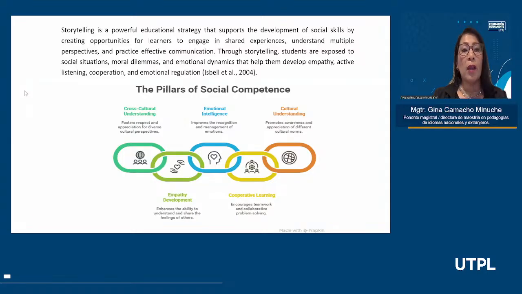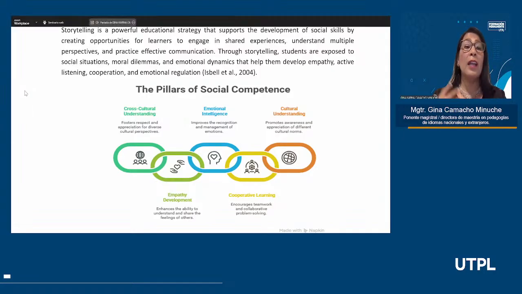Remember that by retelling the story and giving you the moral of the story, students are rehearsing with the language, are communicating, are expressing what they have understood from the story. Through them, students are also exposed to social situations, moral dilemmas, emotional dynamics that help them develop empathy, active listening, cooperation, and emotional regulation, as stated by Isabel et al.